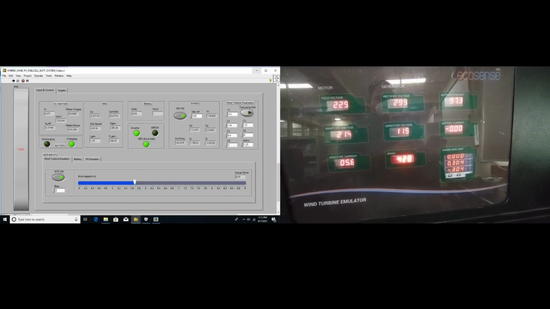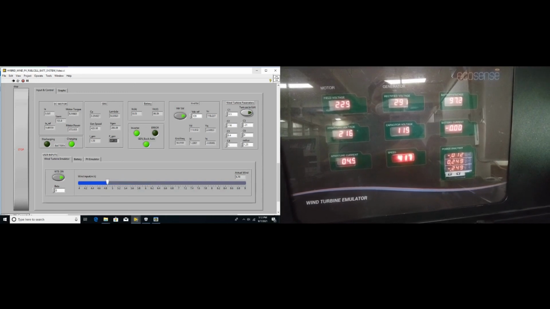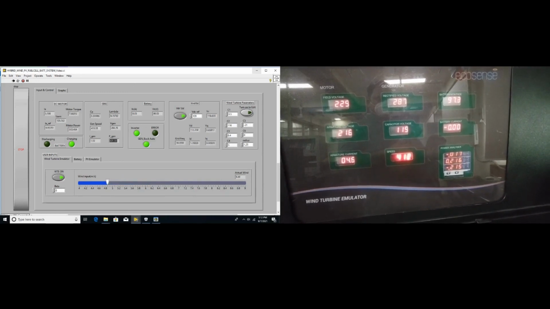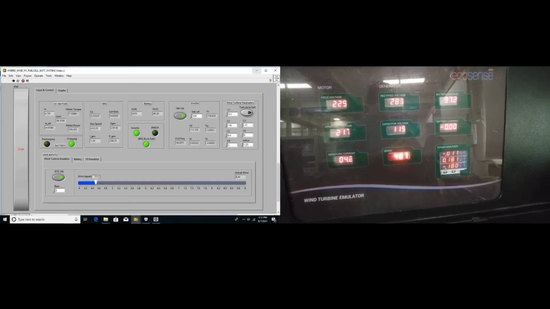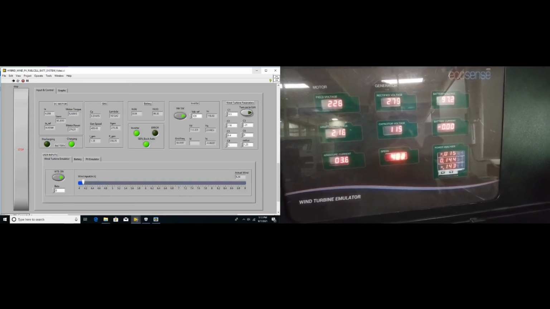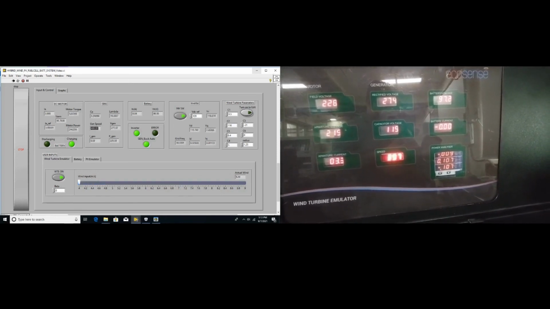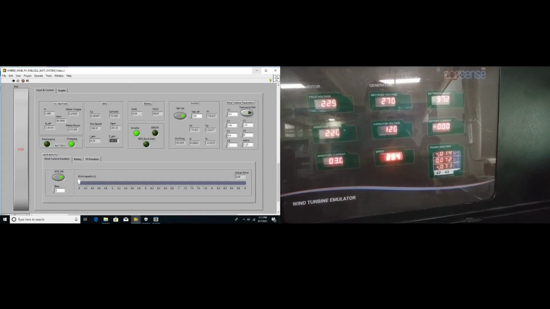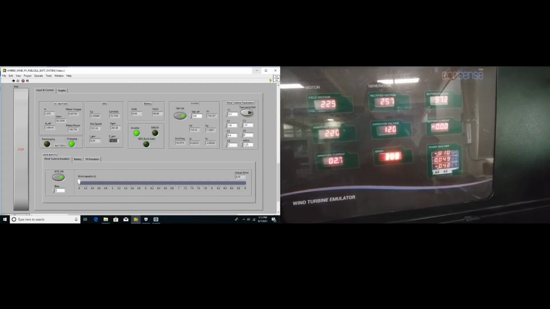Now again, to switch off wind turbine emulator, we have to gradually decrease the wind speed, and we will switch off the wind turbine emulator by switching off the WTE on switch. As we are reducing the wind speed, the power is also reducing.